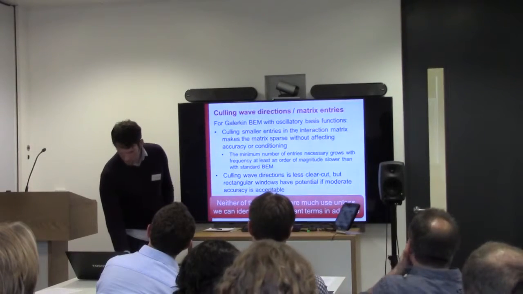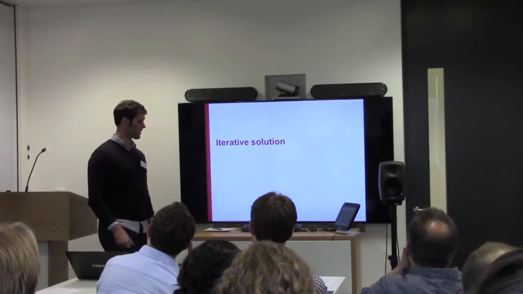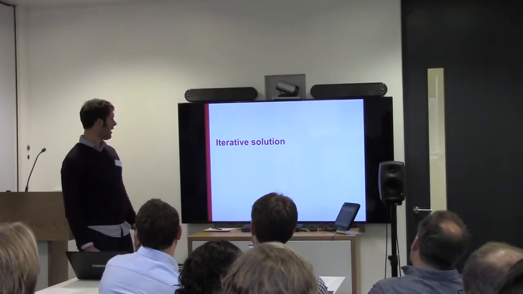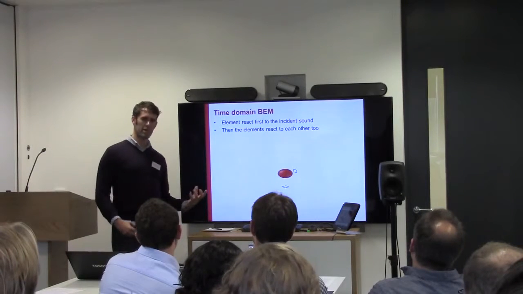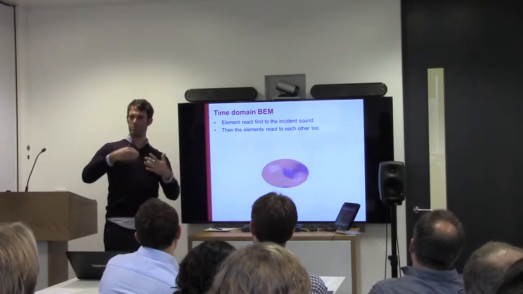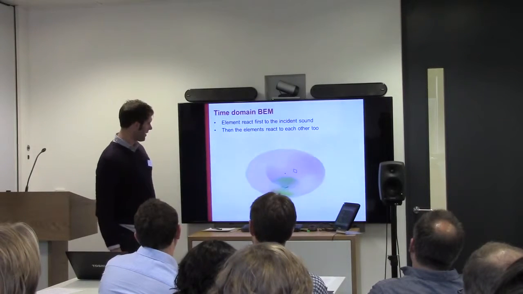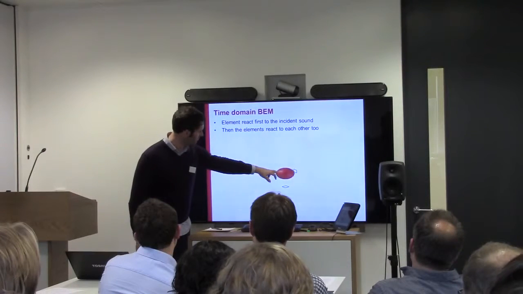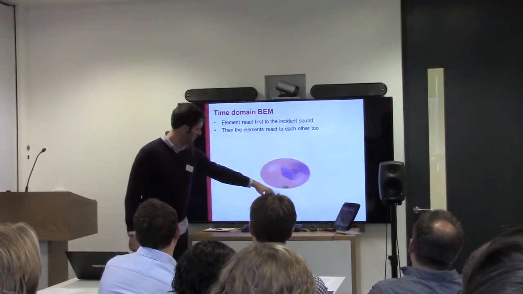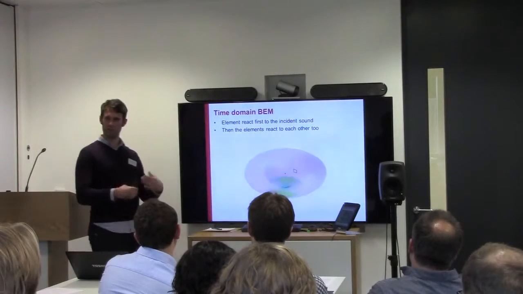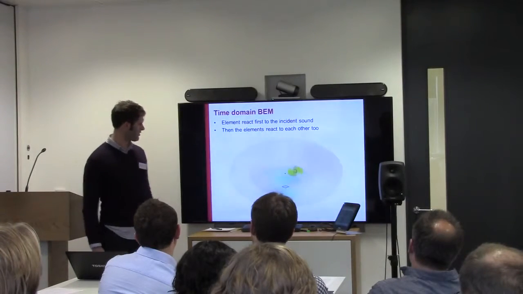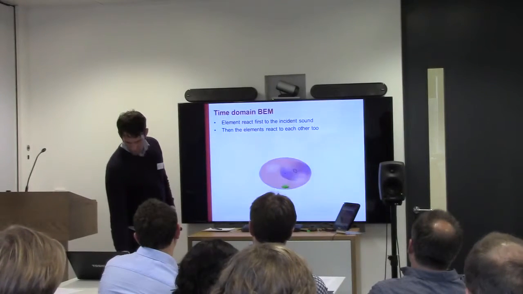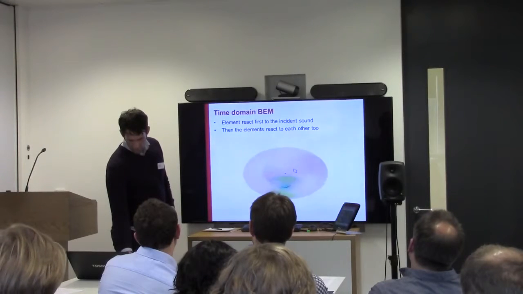So, just to say how this might work, which is really where we're trying to go now, we're trying to look at an iterative solution of a BEM problem. And this is not that new. If you look in time domain BEM, the transient nature of sound propagation and the delays inherent mean that it's inherently marching on in a reflection order iterative approach, where a wave comes in, reflects off something, then that reflection reflects off something else, and it marches on in this reflection order process. I've been playing around with doing the same thing in frequency domain BEM, and the general idea,